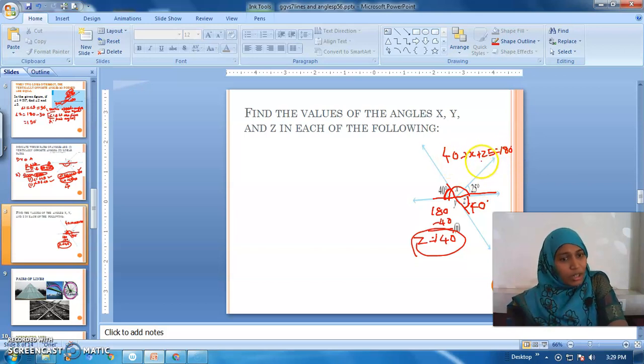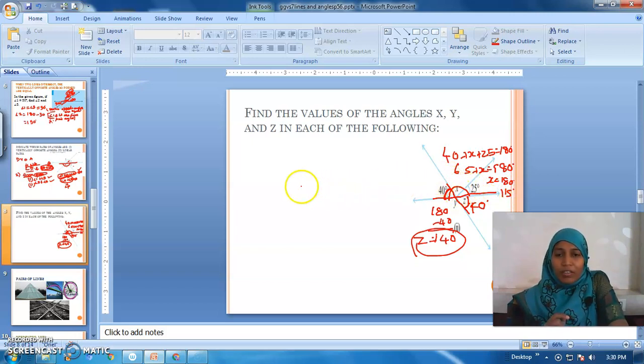It can also be split up into 4. It can also be split into 5 angles. As many angles can be split. Okay, so here I will not use the word linear pair. Instead, I will use the word straight angle. So, you will add up 40 and 25. It gets 65 plus x is equal to 180. And I will subtract 65 from 180. So, we will get 115. This is the answer for x.